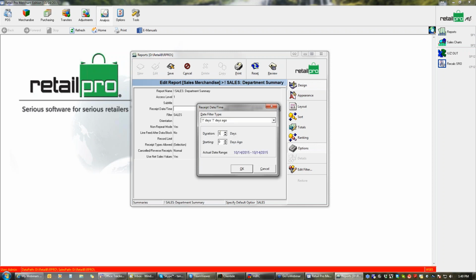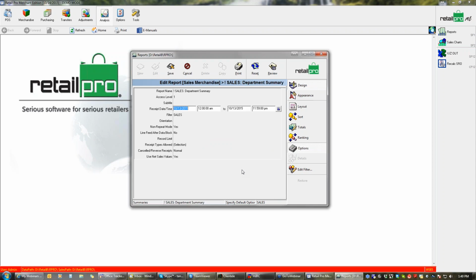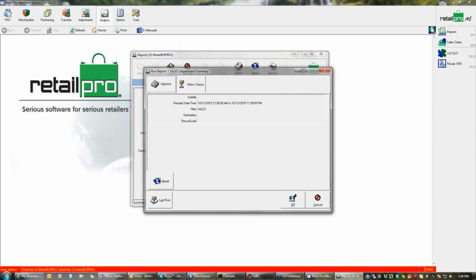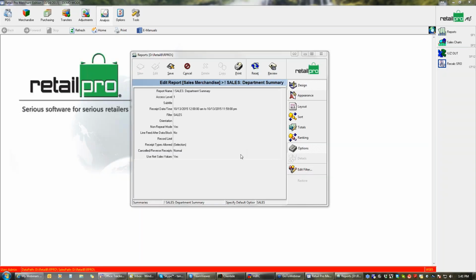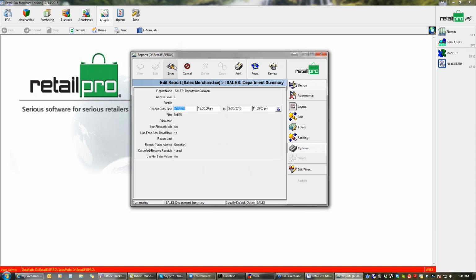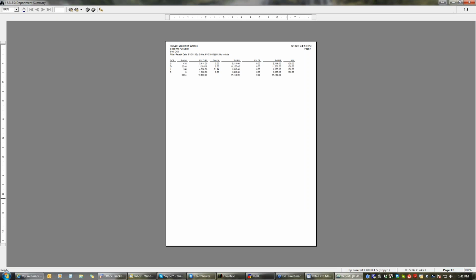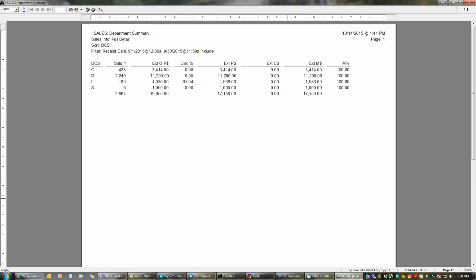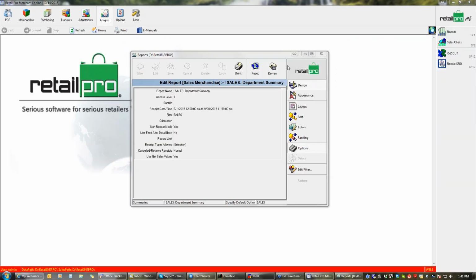So I'm going to set this time frame. Okay. And then I'm just going to click on Print, and the difference that you're going to see here is exclusively because of the sorting capabilities. Well, I put in the wrong time frame. I need months. There we go. So instead of having a line for every individual item that's sold, I see it by my DCS as one combined total, okay, versus the item summary,